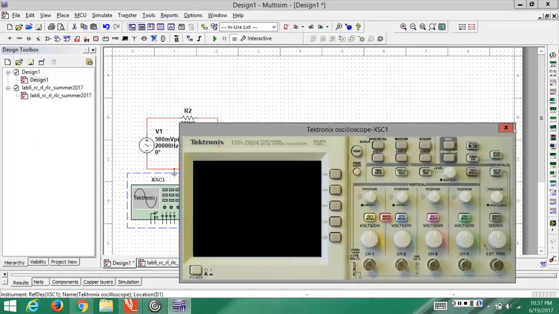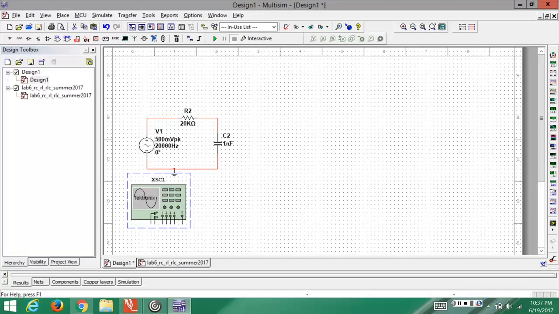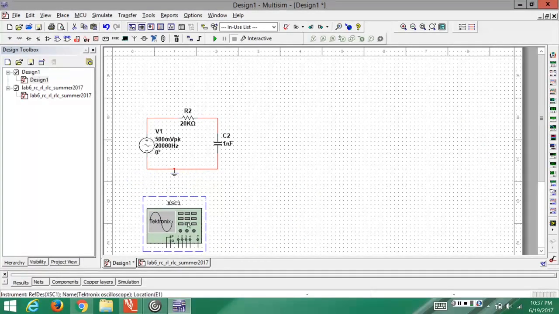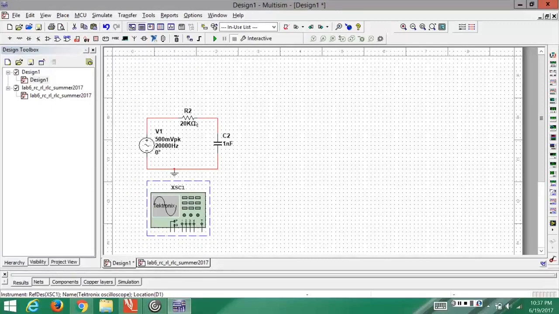There is something slightly different when you are setting up this oscilloscope to measure the voltage across this resistor R2 and the voltage supply V1. Usually we have this red clip coming out of the channel 1 probe, and we connect that across the unit we are trying to measure the voltage of, let's say this is channel 1, and the ground is usually connected to a common ground, either here or